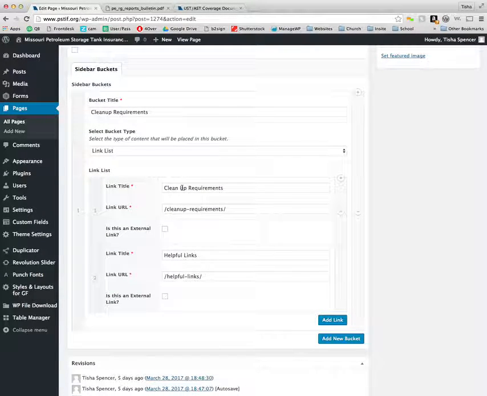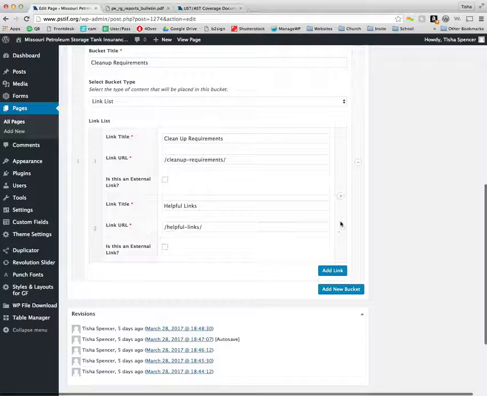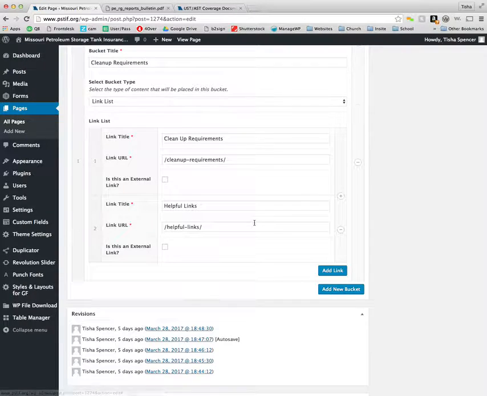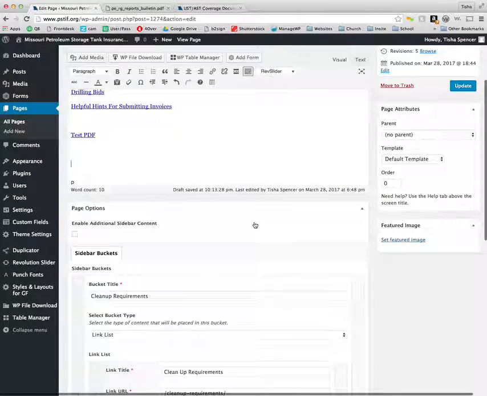Very similar to the buckets on the home page in that they have a title and a URL of the page that you want to link to. You can add and subtract those with these little pluses and minuses. And then when you're done,